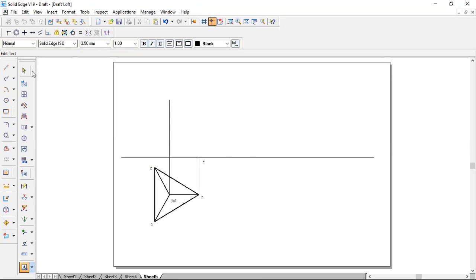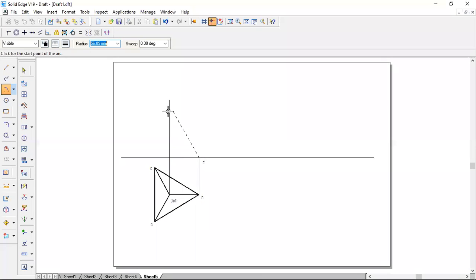B dash O dash is nothing but equal to the length of the side of the triangle, right? So O dash B dash is equal to B dash A dash, that is equal to A dash O dash. It means that this represents the equilateral triangle. So O dash B dash is equal to the original length of the tetrahedron. B dash is the center.